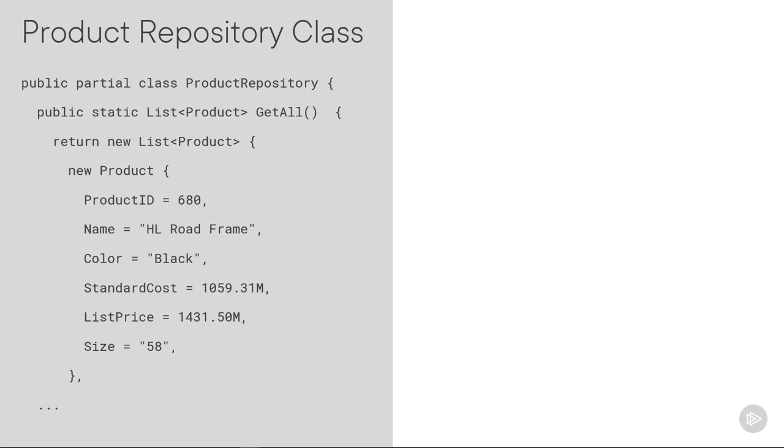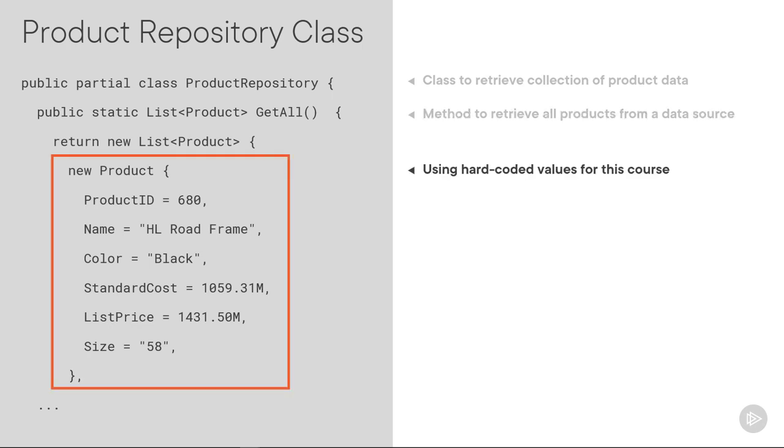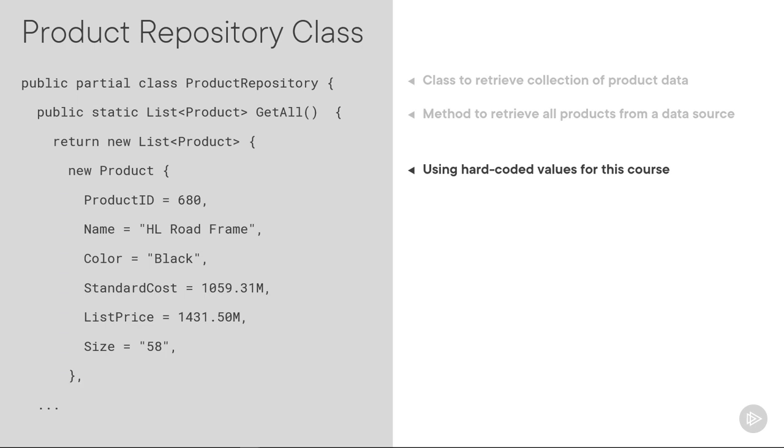We're then going to have a product repository class. Now, this is a class that we're going to use to retrieve a collection of product data. So this method called getAll would normally be retrieving all the products from a data source. I'm going to be using hard-coded values for this course. So as you can see, I'm just creating a new product, and then I fill in all of the properties with some data. There's only one listed here on the slide, but obviously there would be a lot more in